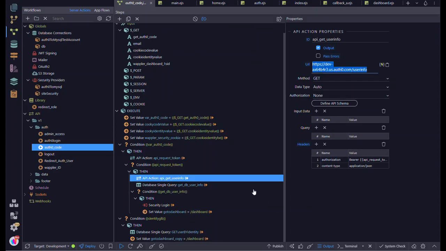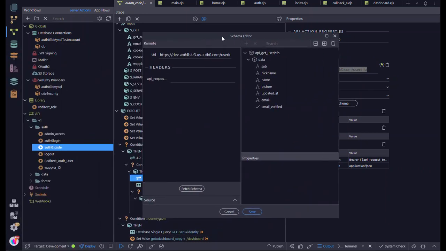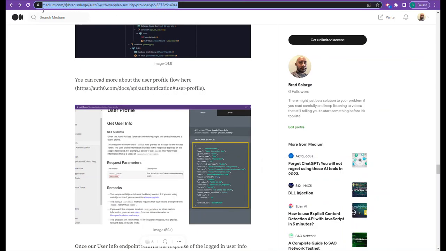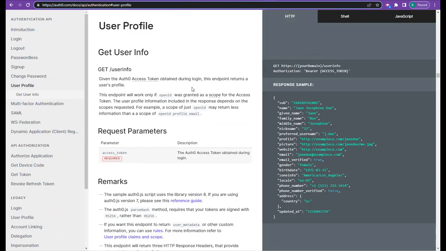So anyway, we get the bearer token, we request the user info, and then here we want to define the API schema. If I put this over here on the screen, here's where you'll actually define it. You'll go to this endpoint over here, and then you can grab this whole thing if you want, or you can pick whatever you want. In my case, I ended up just picking the nickname, the email,